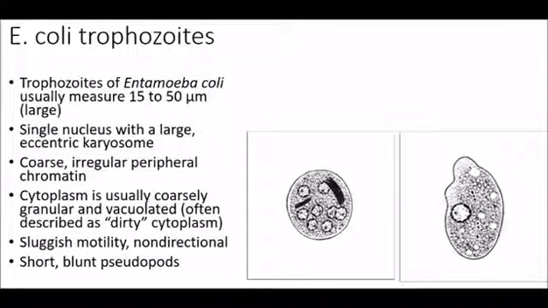Now, the trophozoite of E. coli is very large, usually measuring in a large range of about 15 to 50 microns. They will have a single nucleus with a large eccentric karyosome, a coarse, irregular peripheral chromatin, and the cytoplasm is usually coarsely granular and vacuolated, often described as a dirty cytoplasm. Motility is different from Entamoeba histolytica in the fact that the motility of Entamoeba